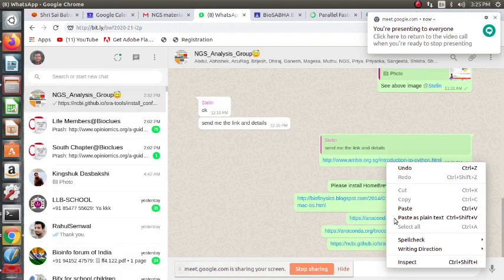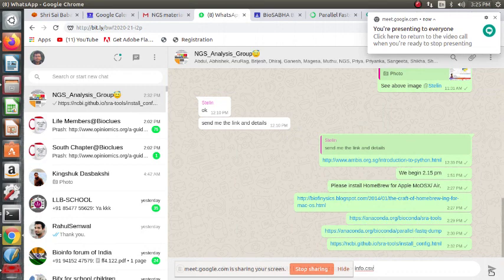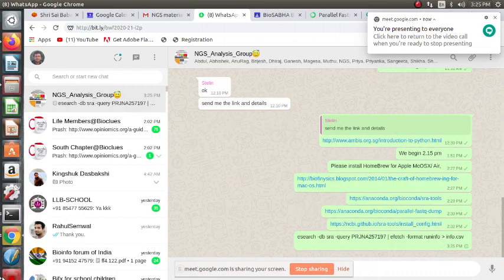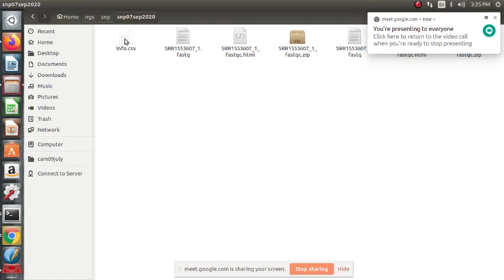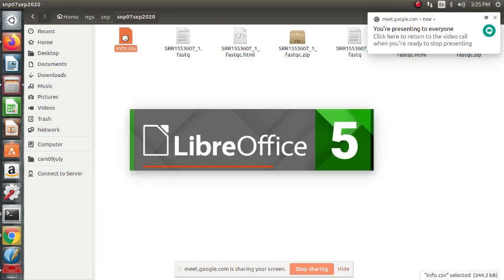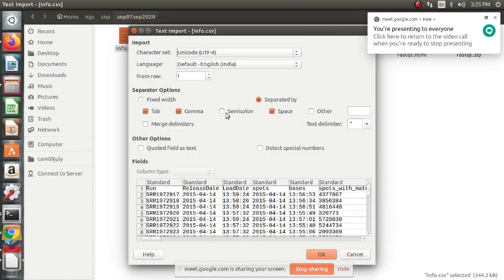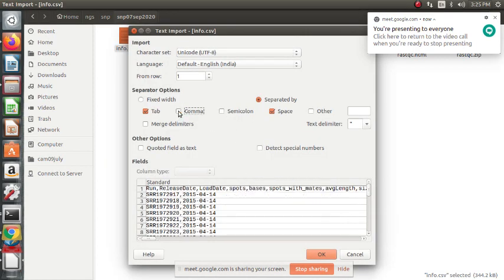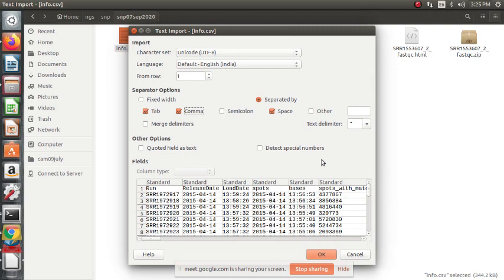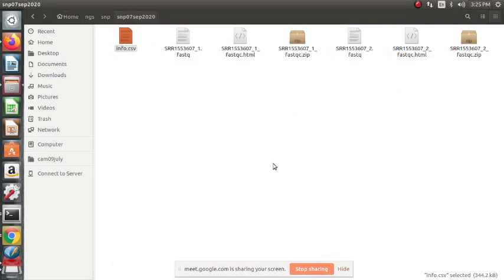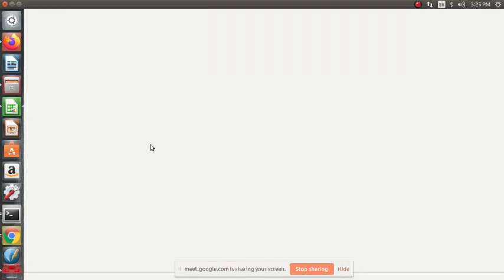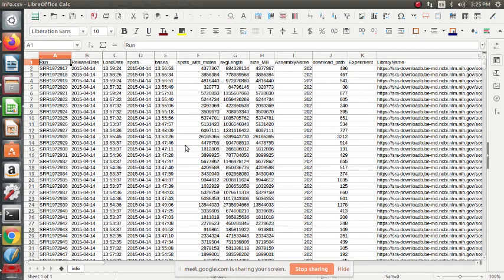Okay, so now basically we have this. So just go to the folder where the info.csv is downloaded, double click on it. Once you double click on it, it will open. Yes, so if you don't give comma delimiter, it will open like this. Give the comma delimiter and press OK. Yes, so this is all anyway open in Excel format, right? Yes, this is Excel format. Basically comma separated value or whatever XLS format. Yes, okay, this is fine.